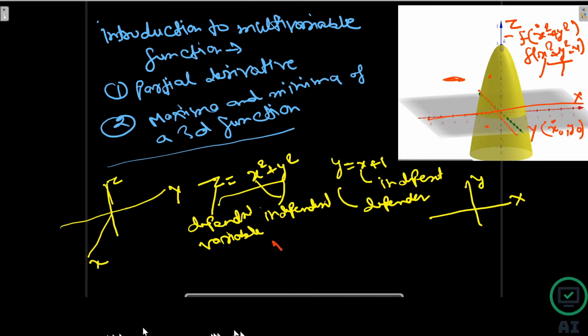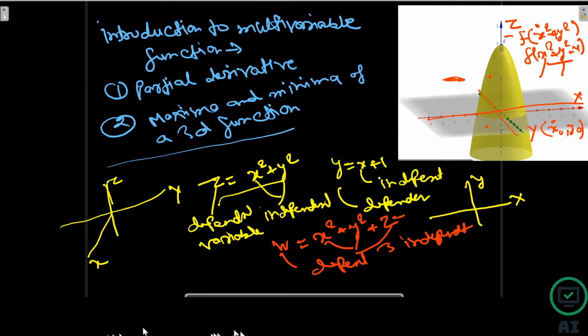When we have, let's suppose, w equals x square plus y square plus z, can you tell me how many independent variables we have here? x, y and z, three independent variables, and w is the dependent variable. As I said, we always need one more than the independent variables. So three independent variables means we need four dimensions to plot this graph and see the function value. The four dimensions we cannot visualize.